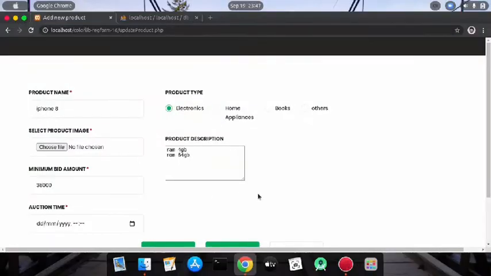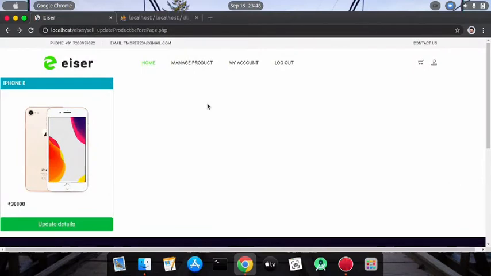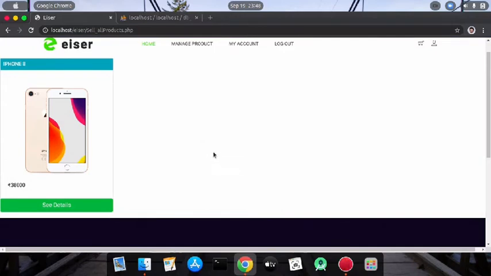It will show the product related details, all the details related to the product. And here you can update the details like minimum bid amount, RAM, or the image or the name of the product. And you can even delete the entire product from here. I'm not going to delete the product because it is required for us to perform the operations. So let's come back again, and you can see each product added by the seller up till now. So click on all products and you can see all the products which were uploaded or added by the customer recently.